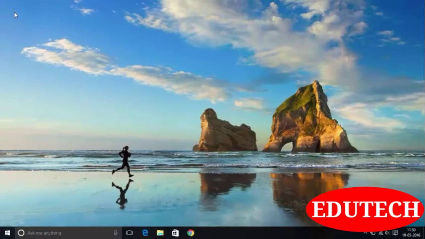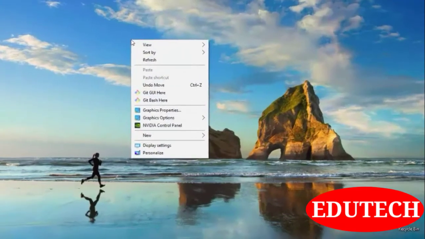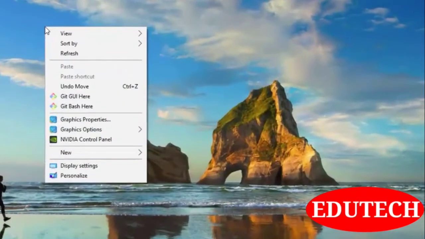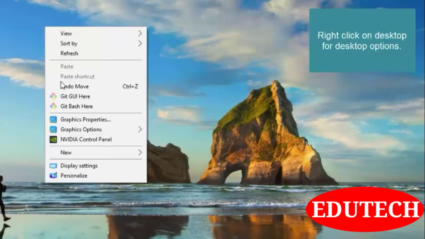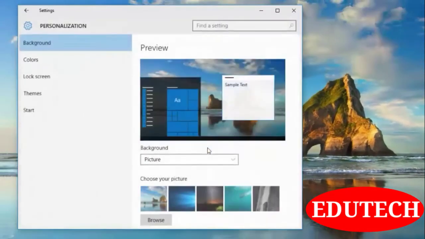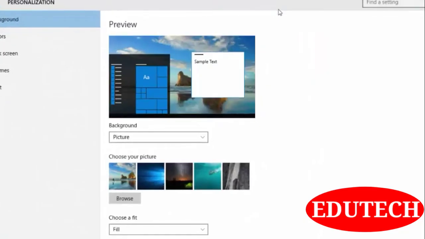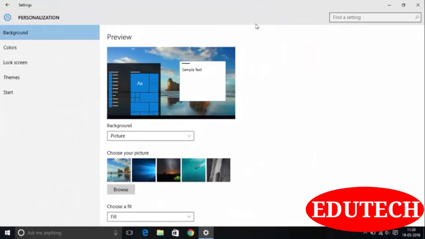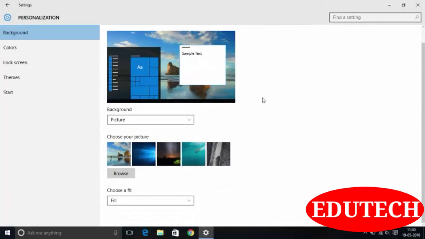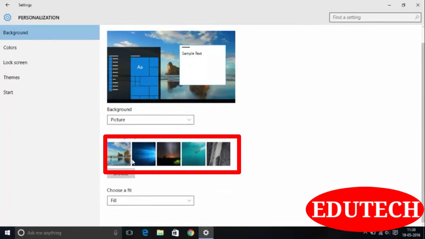You can also set background wallpapers. Currently I have this lady running on the beach wallpaper, but if I want to set a background, then right click on desktop, click on this Personalize option, so there will be one window from which you can set your pictures. Here are default pictures provided by Windows 10.